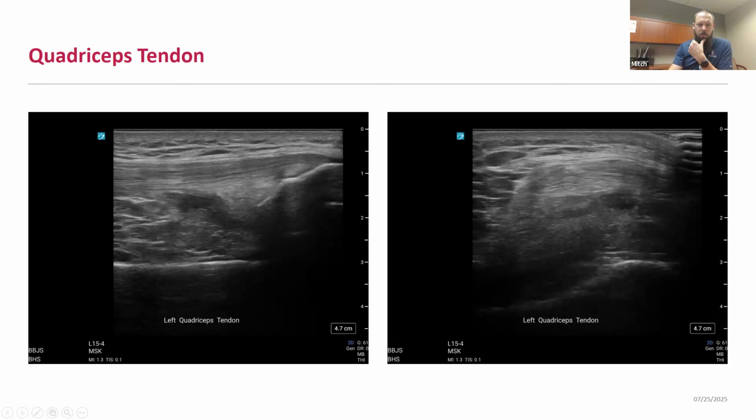And so with ultrasound, by understanding those different tissue layers, you can help diagnose partial quadricep tendon tears versus full thickness tears. Specific to full thickness tears, you may see complete disruption of the tendon. You can see joint fluid that tracks superficial to the tendon. And so those are different pathology that you're looking for in that case.